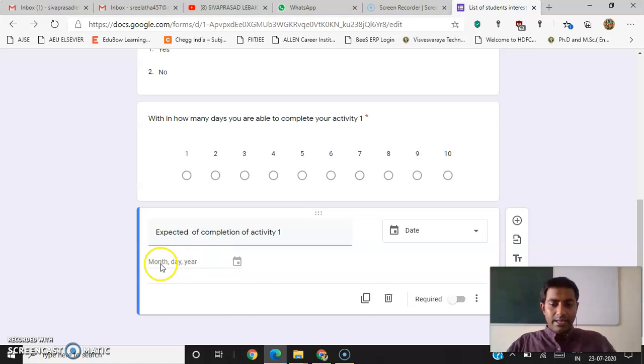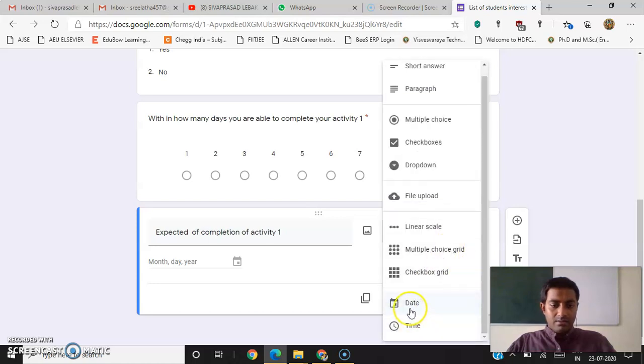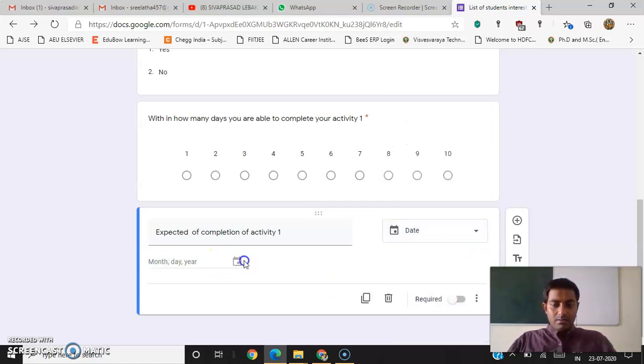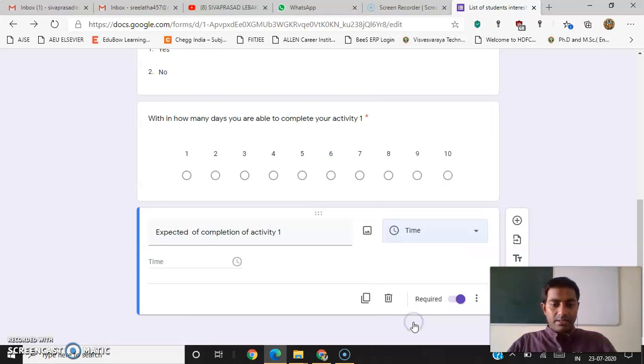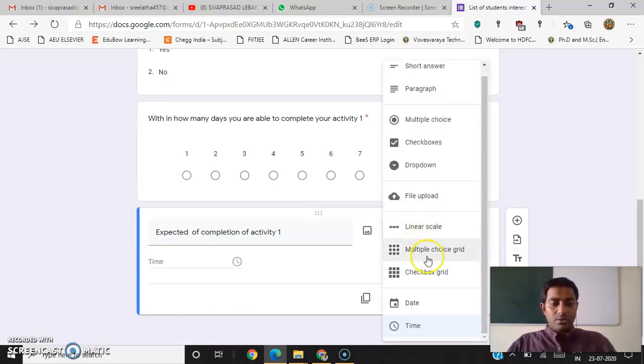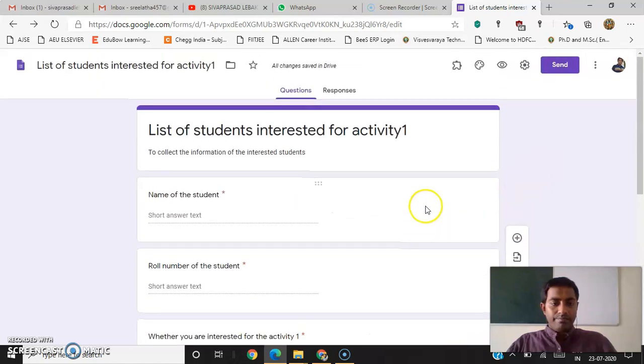You can give month, date and year. Okay, so these are all the different things available, date and time. You can collect it from them.